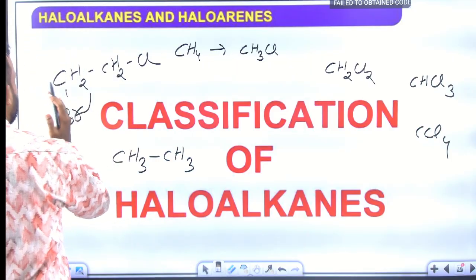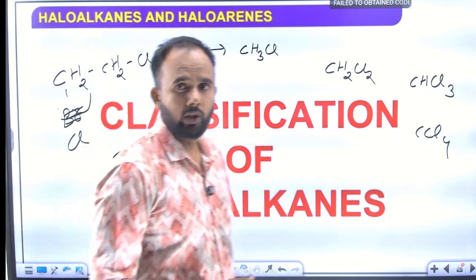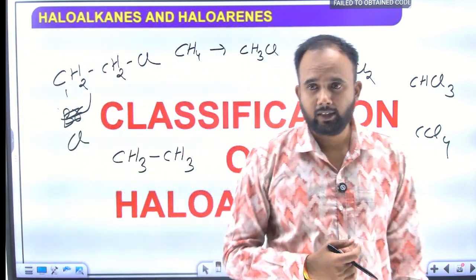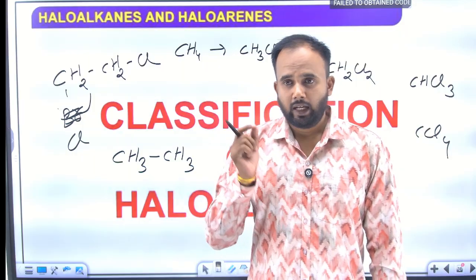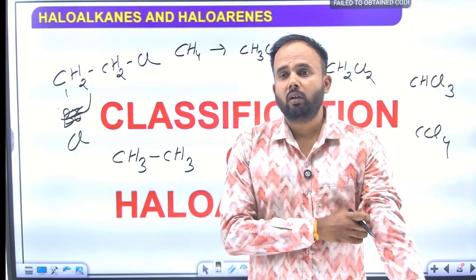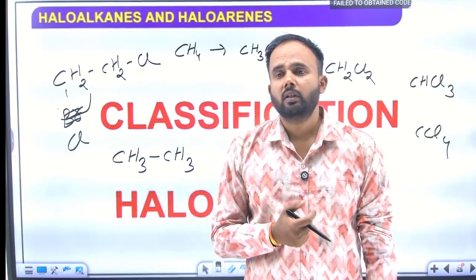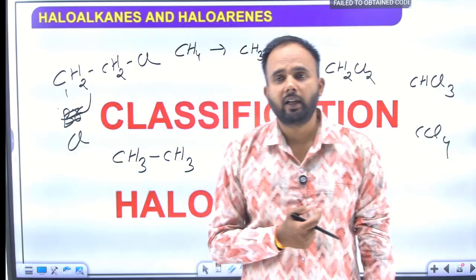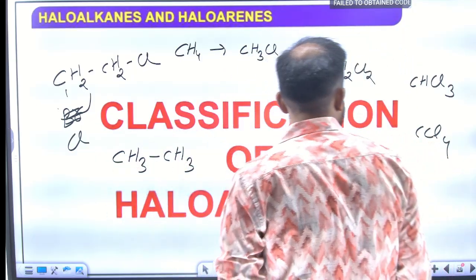Otherwise, we can take both Cl also. So according to the number of halogen groups present in the compound, or where the halogen group is attached, on these two bases we will classify haloalkanes and haloarenes in different ways. Okay, so first we go with